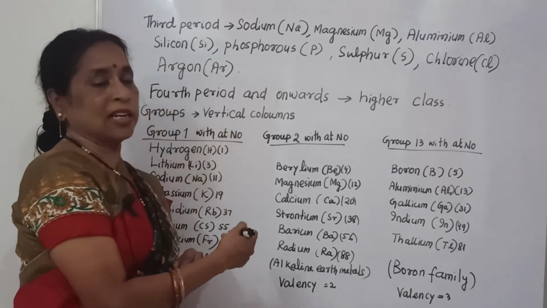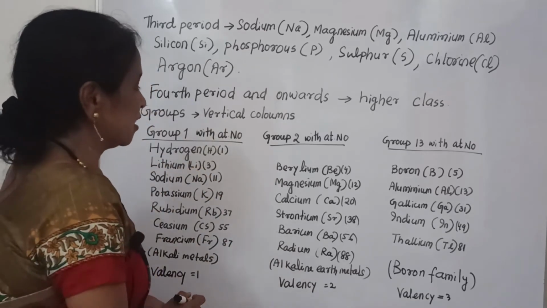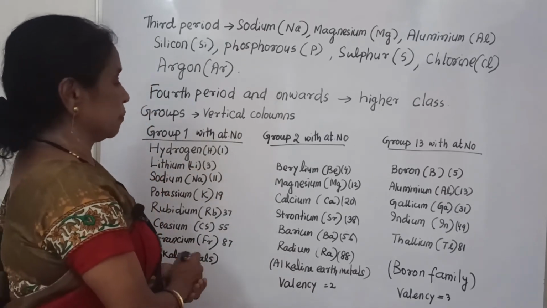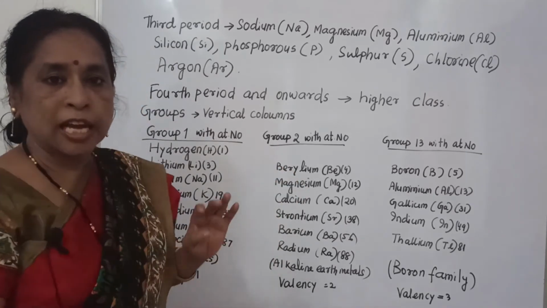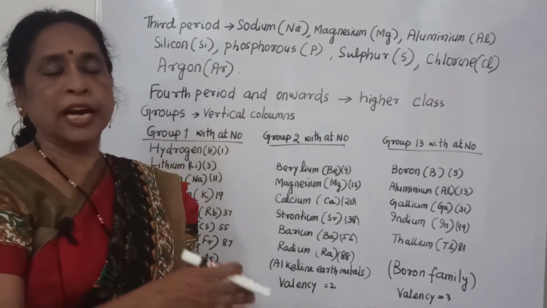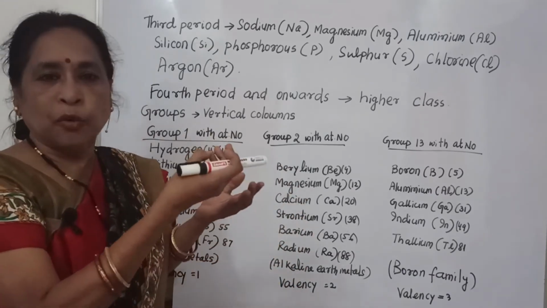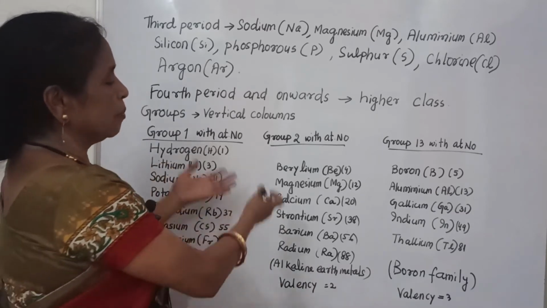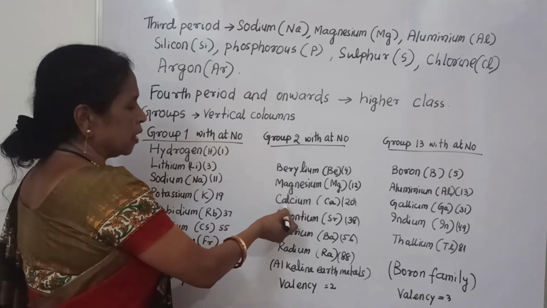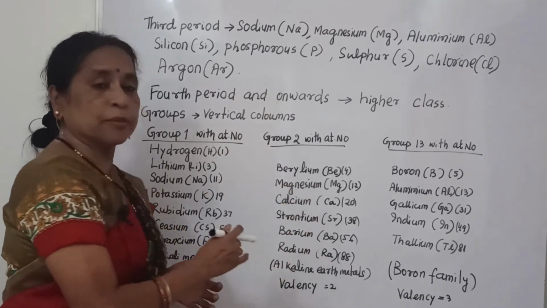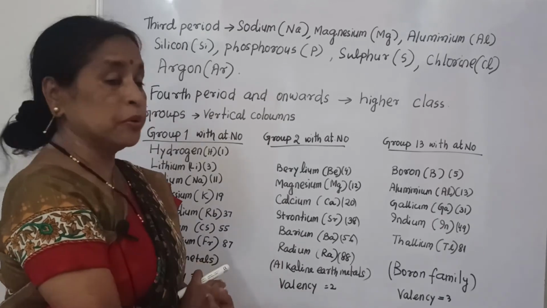Why are they called alkaline earth metals? You will learn in class 11 science, chapter periodic classification. Now you can remember beryllium, magnesium, calcium, strontium, barium, radium, very easy. If you read it 3 times weekly, you can remember all the things in an easy way. Now beryllium, magnesium, calcium was sufficient, but gradually try to remember up to radium.